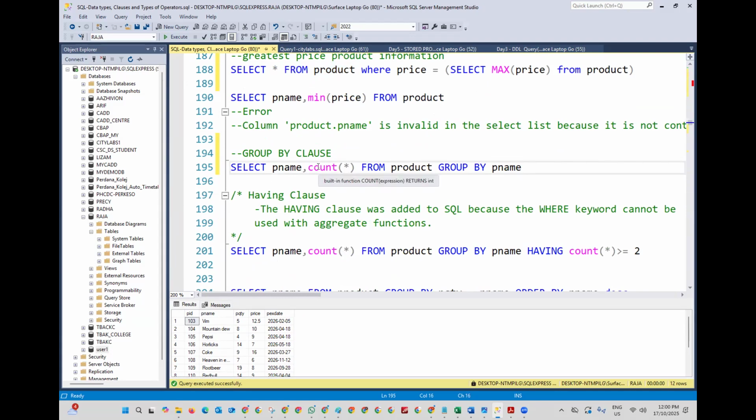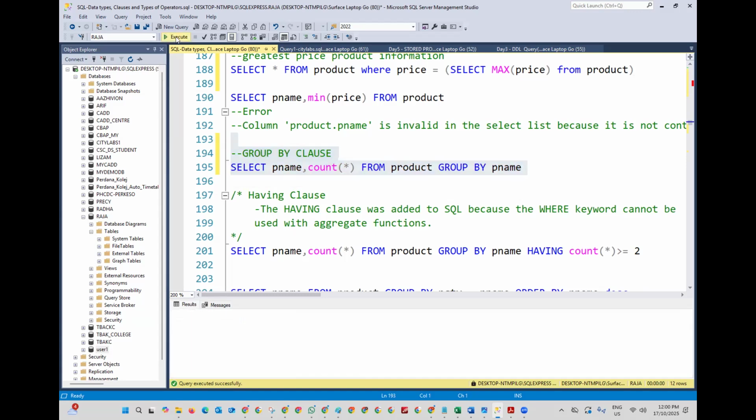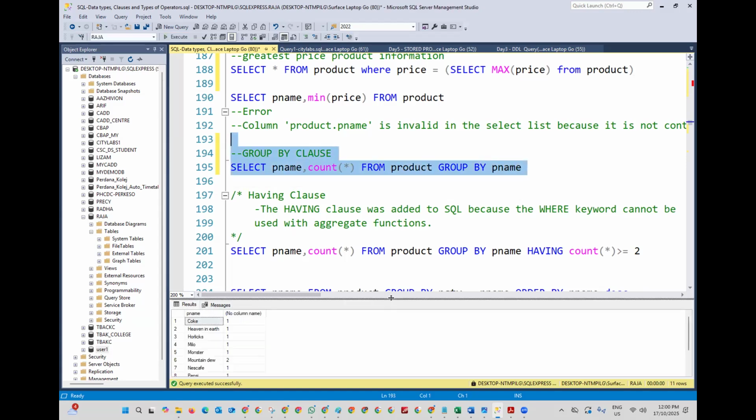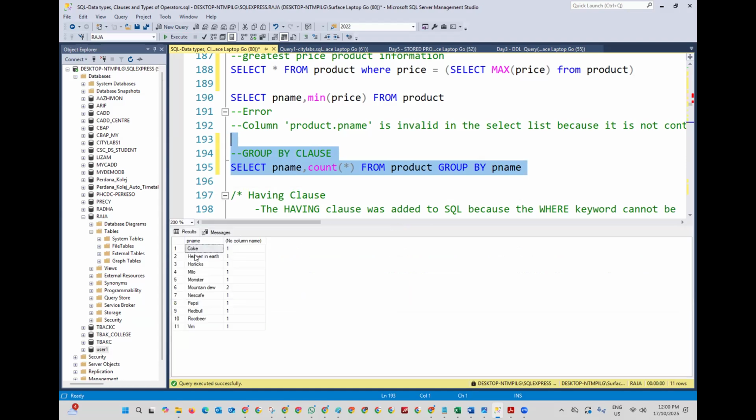That is the total number of products, which is why I am using the count asterisk symbol. Here I am going to group by the product name. If you run this, the system will display the information to you. Coke has only one product, and then Mountain Dew has 2 products available because there is a duplication. If you want to display like this, where the data is similar and the product name is repeated,